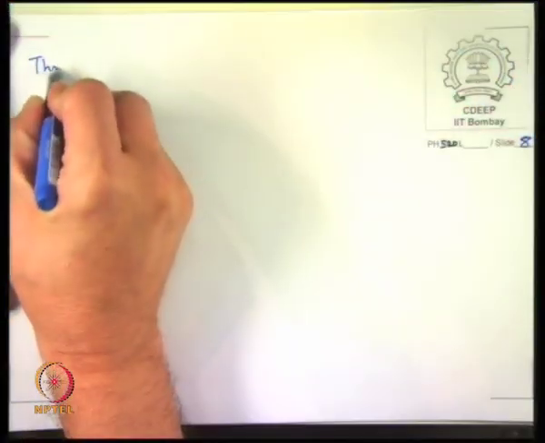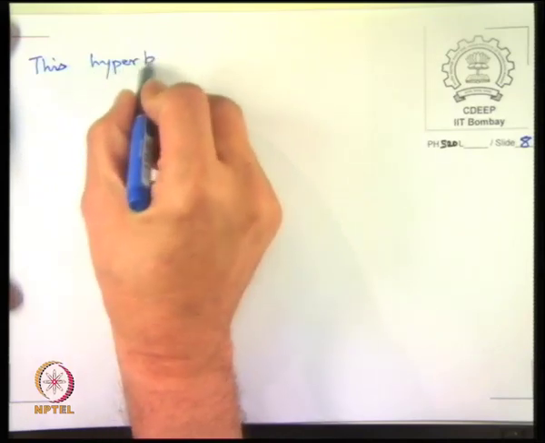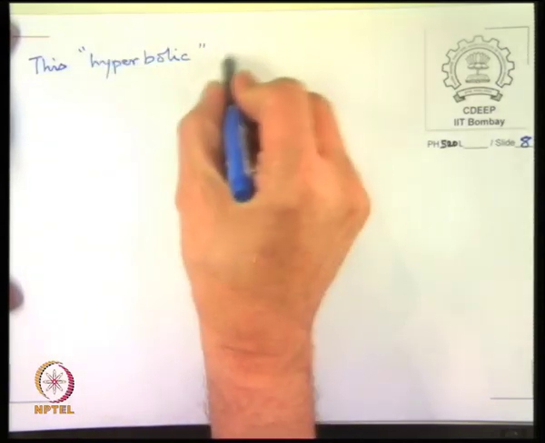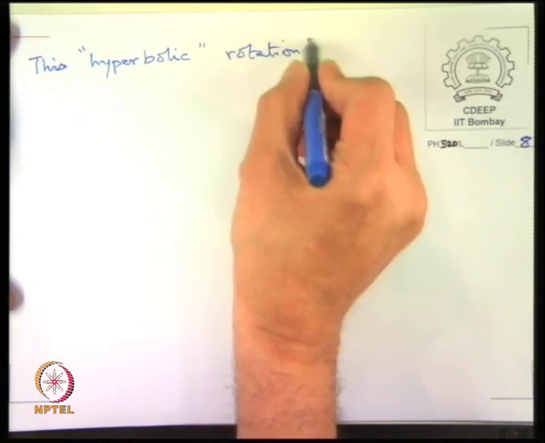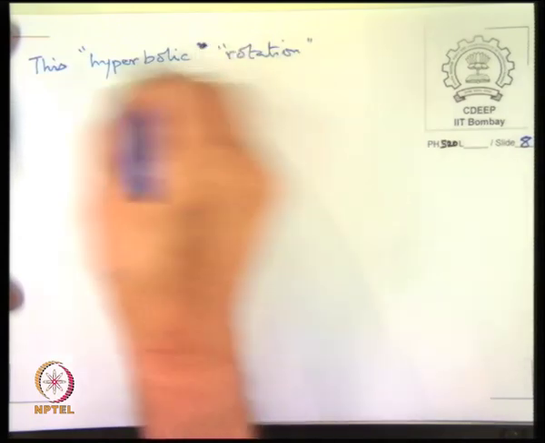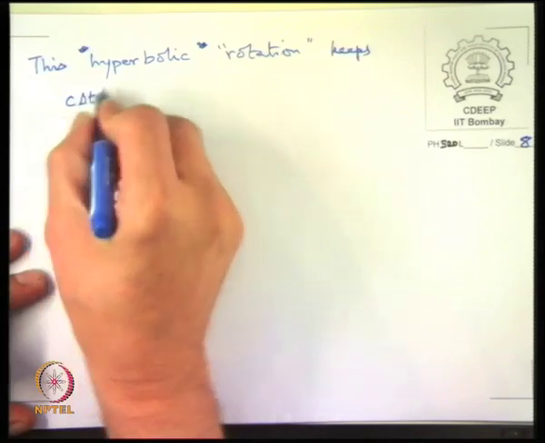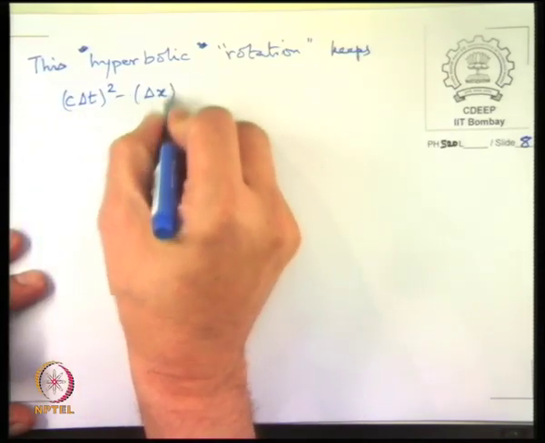So the hyperbolic rotation, with inverted commas on rotation, keeps C delta t squared minus delta x squared invariant,